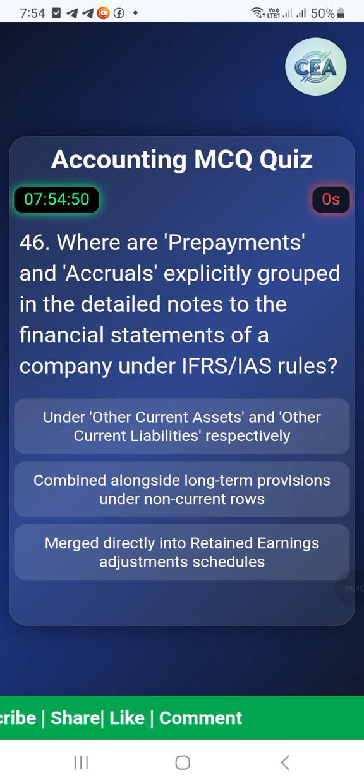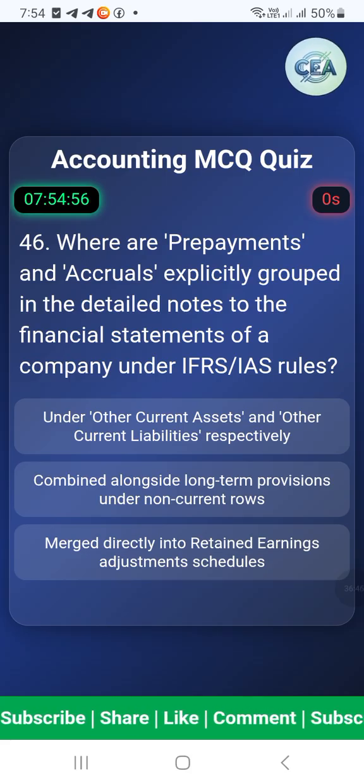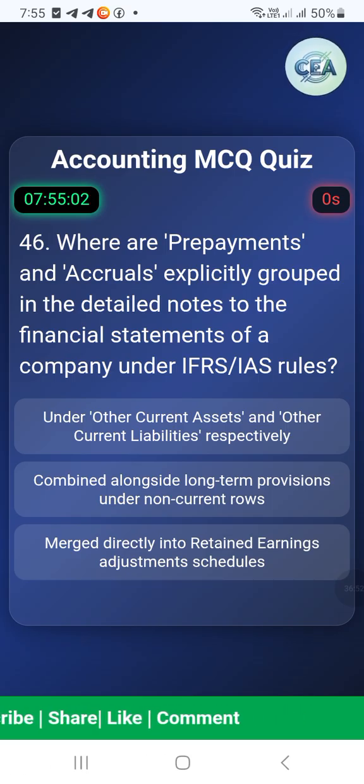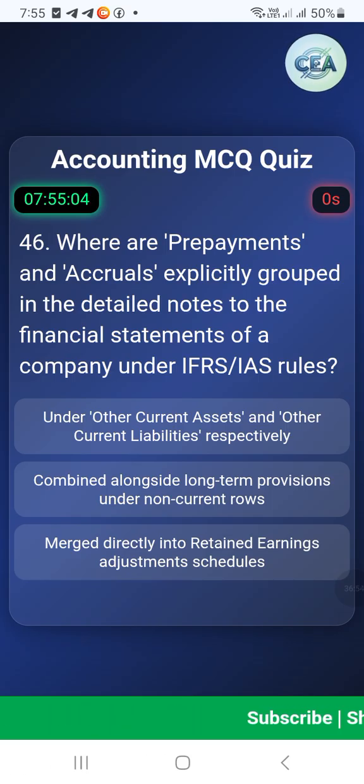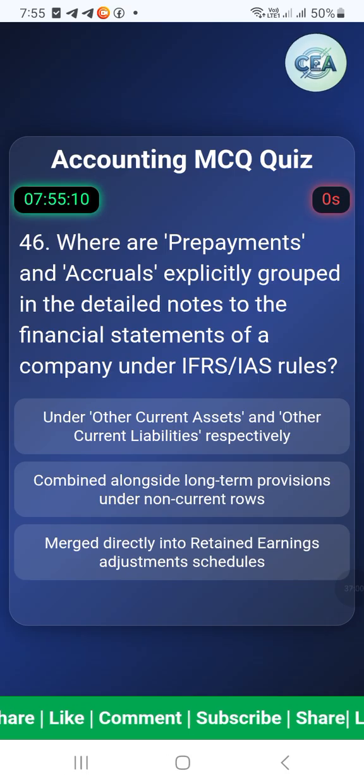46. Where are prepayments and accruals explicitly grouped in the detailed notes to the financial statements of a company under IFRS IAS rules? Option 1. Under other current assets and other current liabilities, respectively. Option 2. Combined alongside long-term provisions under non-current rows. Option 3. Merged